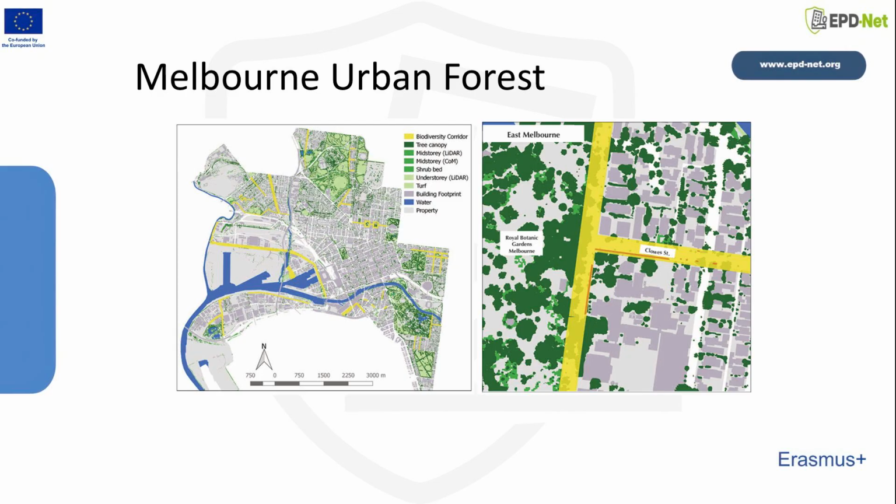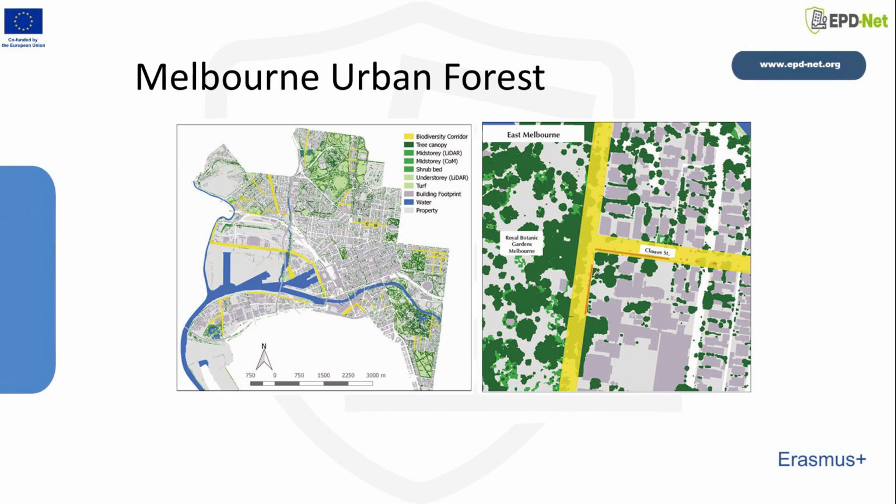can be spatially identified. The detailed map on the right illustrates how this analytical approach is applied at the street scale. Street trees and mid-story vegetation contribute to strengthening connectivity by functioning as ecological stepping stones between larger green areas. These GIS-based outputs are used not only to describe existing conditions but also to spatially guide future tree planting and green infrastructure interventions. In this way, GIS provides an analytical foundation for planning decisions aimed at strengthening ecological connectivity and